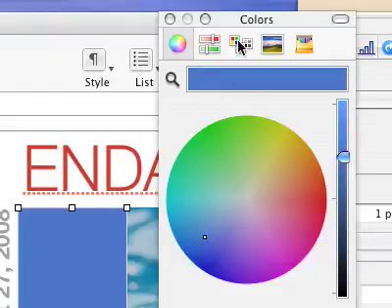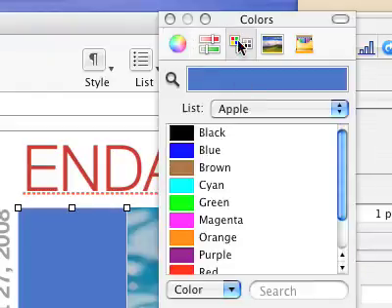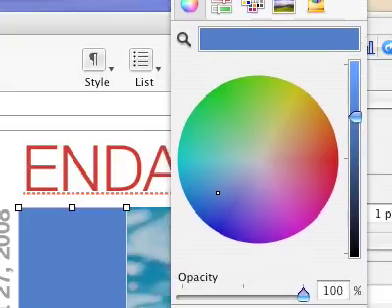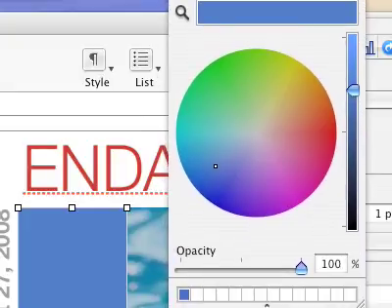Or I can go to a color palette here and pick the color out of the sidebar right here. I will choose to pick a color, and I'm going to take this color and grab the swatch from this color and drag it to the bar below here and plop it in so that I have that as one of my default colors, because I'm going to change this color as well, the color of the